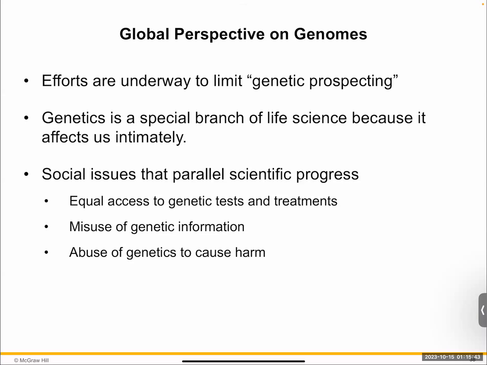How can we possibly misuse that information? Again, think about culture or think about mad scientists, right? People that want to do things that are not ethically sound to many, many people. Can you abuse that information and actually cause harm? For instance, can you make drugs or poisons that are specific to individuals and don't affect the rest of the people? And could you possibly use that as a tool to harm an individual or a specific population?